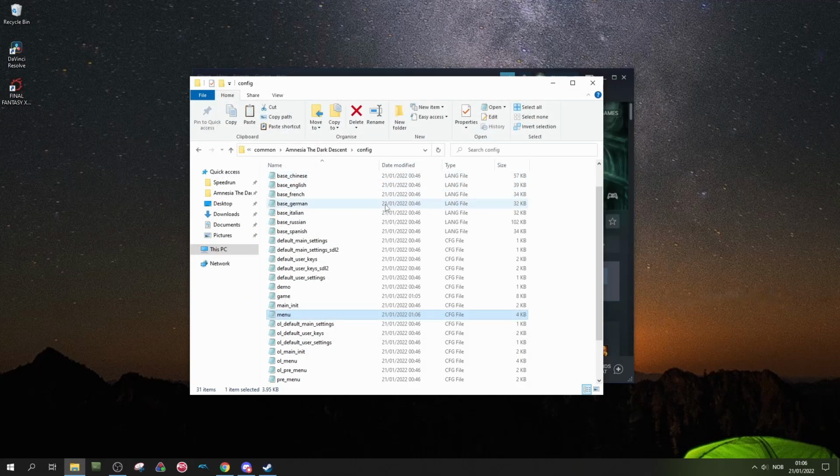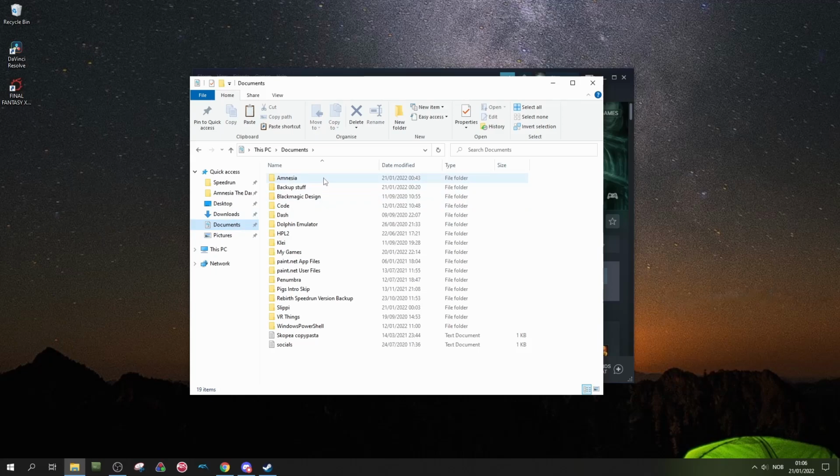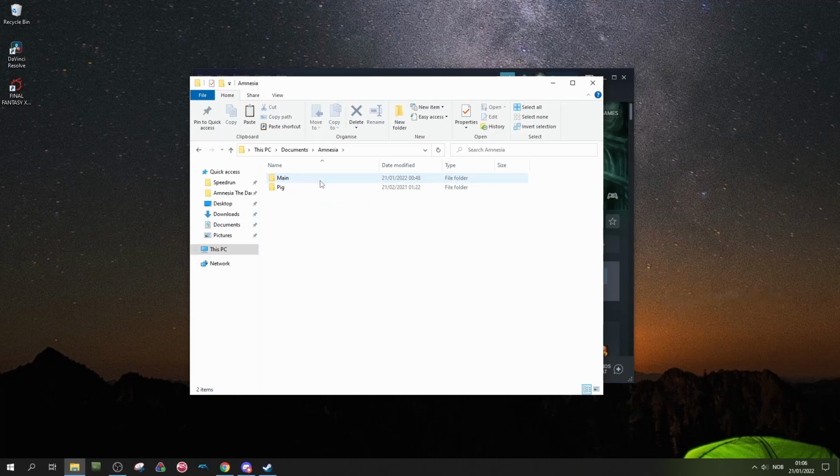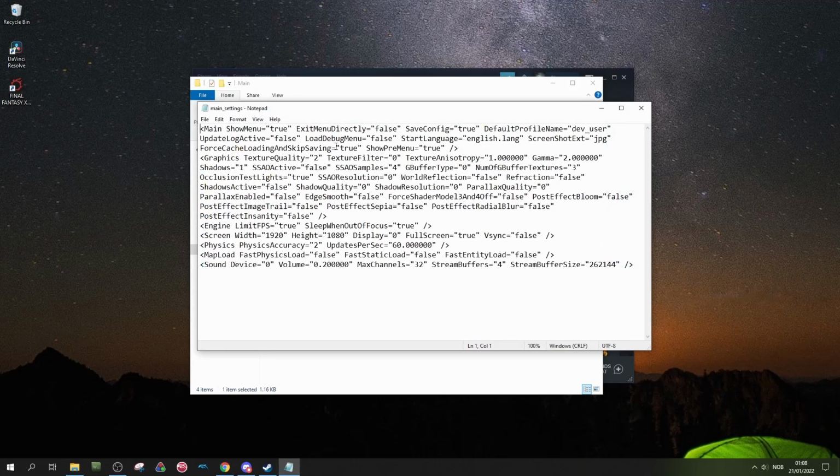And now let's go over the config for your user. So if you go into your documents and then Amnesia, and then you might have another folder here. This is A Machine for Pigs. If you don't have that game installed, then there won't be a folder, of course, but the main one is the one for Dead Artisan. You want to open up main settings, and here you want to find load debug menu false and change this